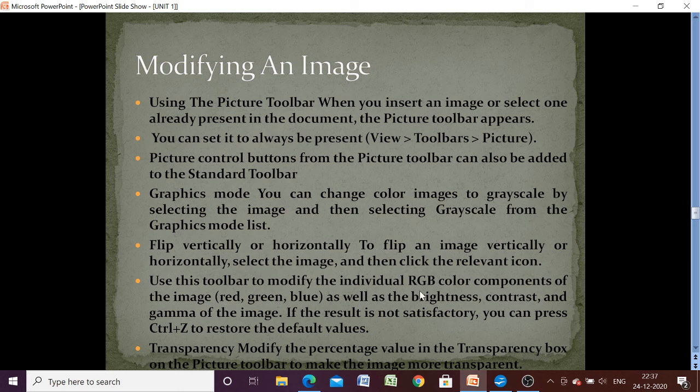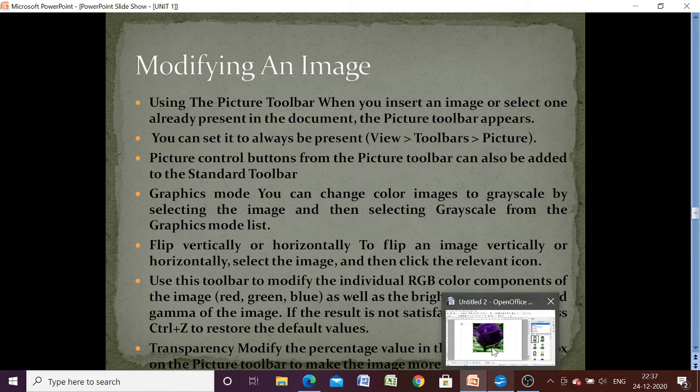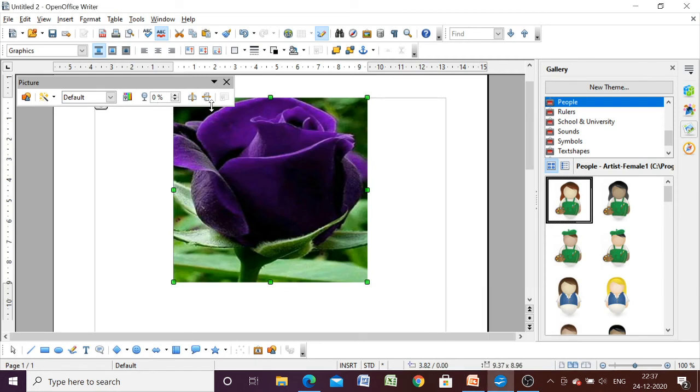Primary colors means RGB colors, and we can change the brightness and contrast. So let us do all these changes one by one. The following things can be changed using our picture toolbar. The name of this toolbar is picture toolbar, and let us see one by one what we can change here.